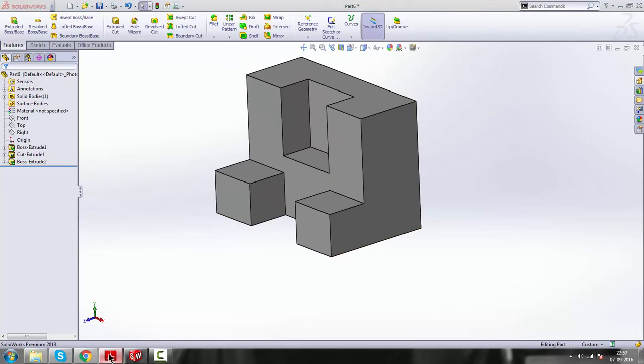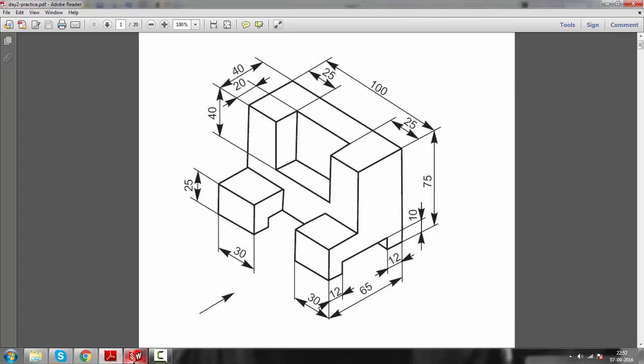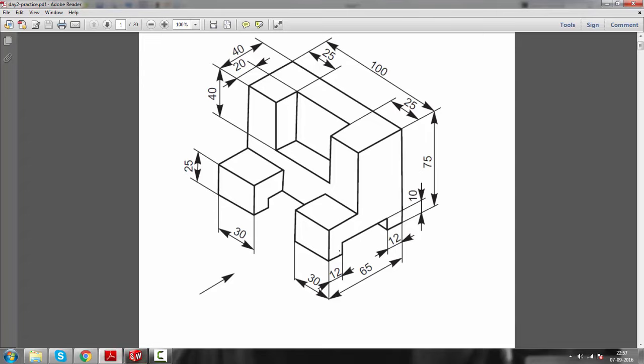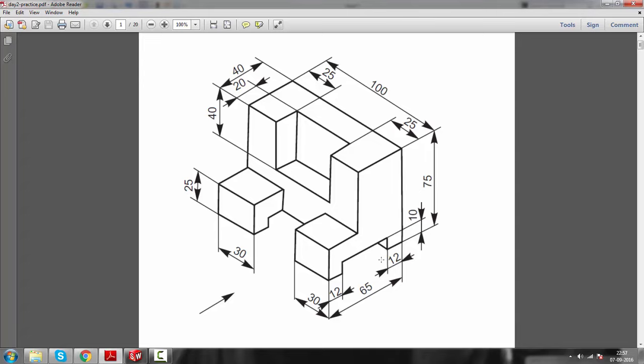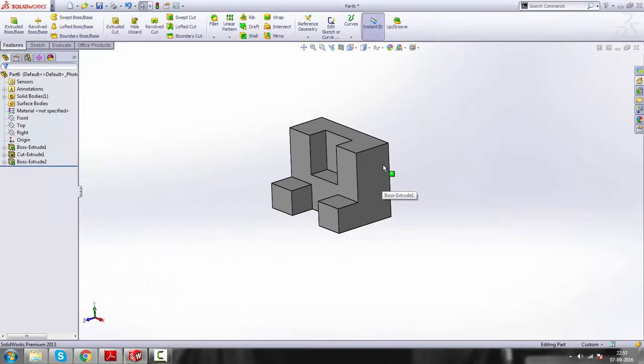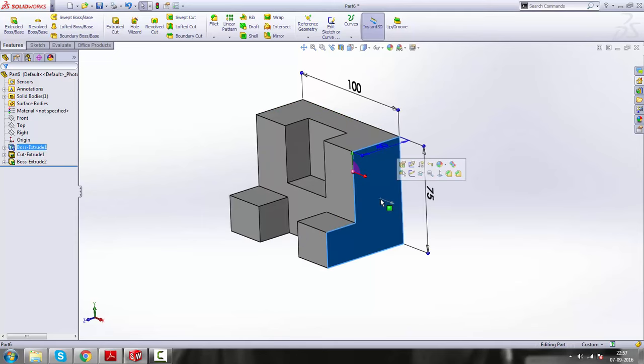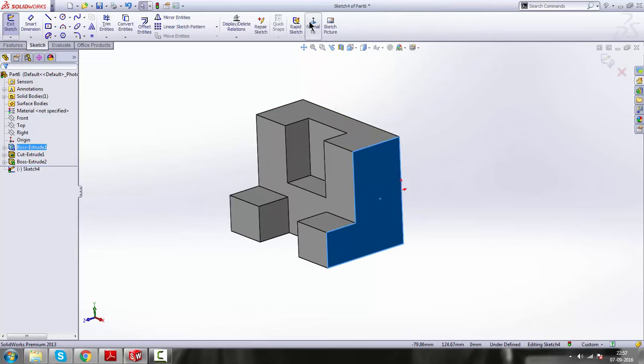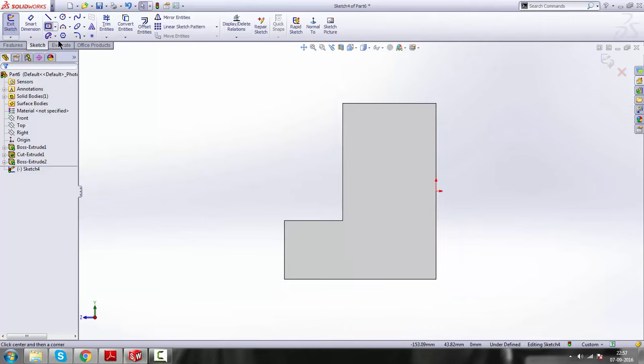So now you can see there is a cut here which is going all the way through till the end. So we have to make a sketch on this side with a rectangle. We have to draw a rectangle first with the length which is not given, but we'll do the maths. The width is 10, so this is the isometric view. So we'll select this and make a sketch, go to normal tool, and then we'll draw a simple